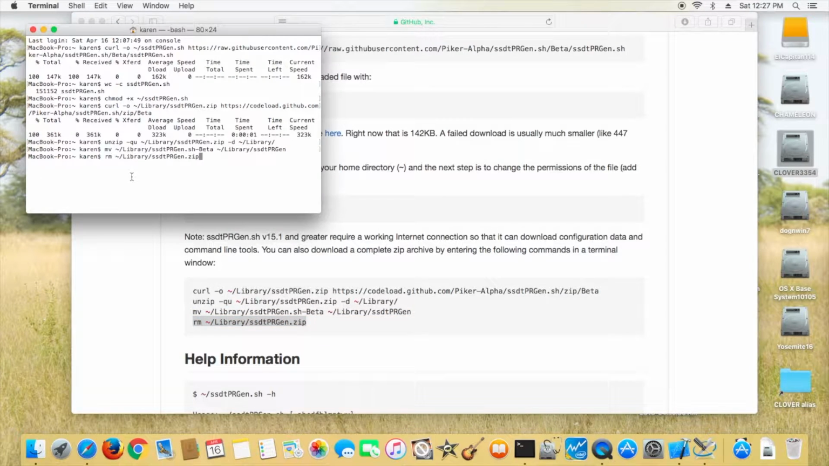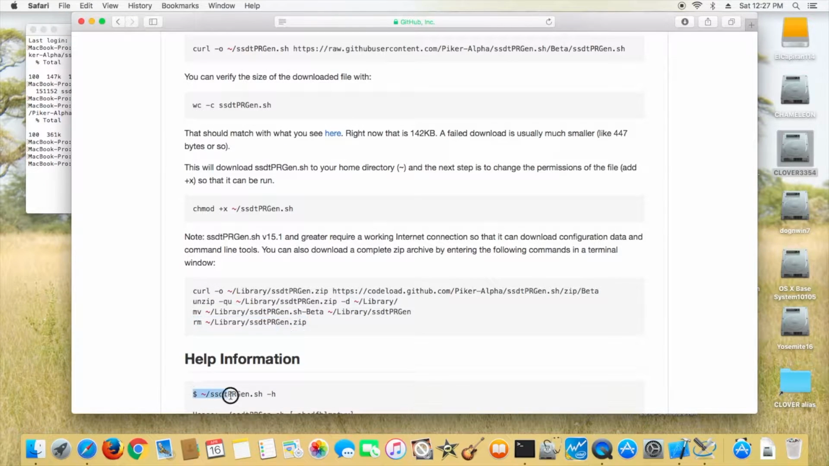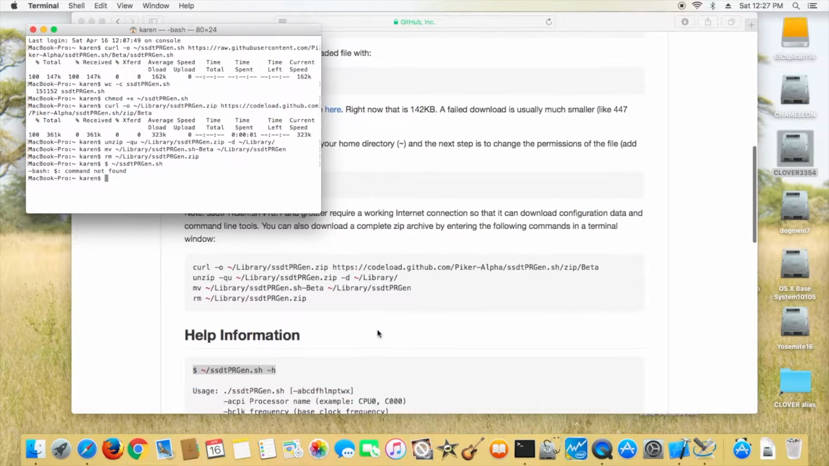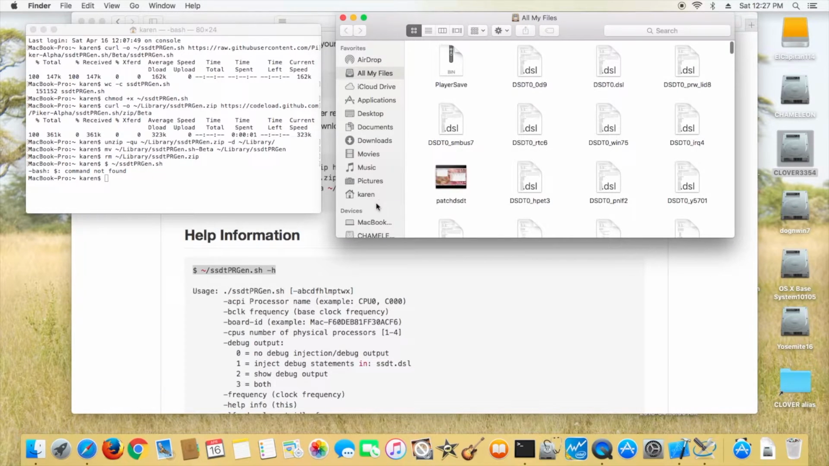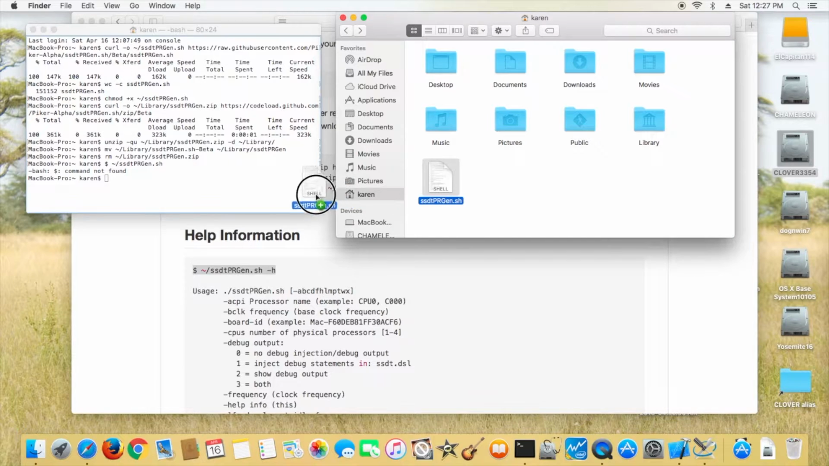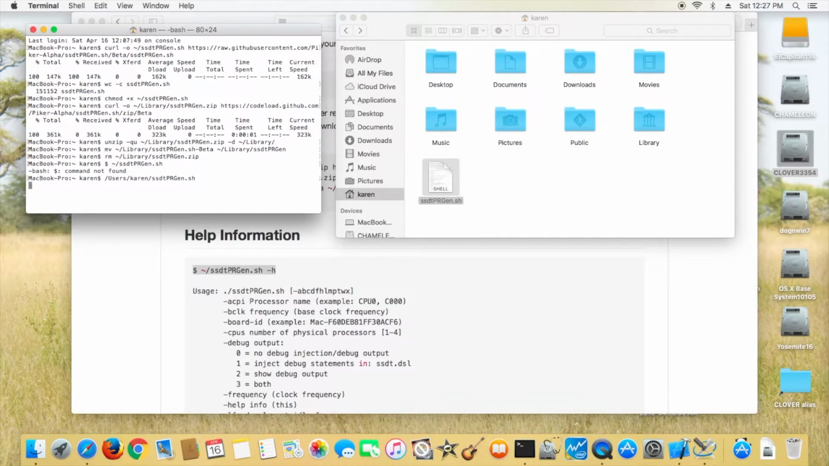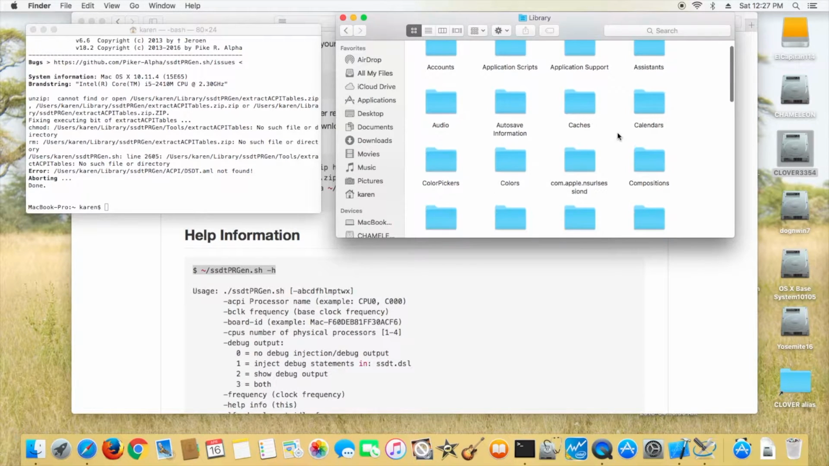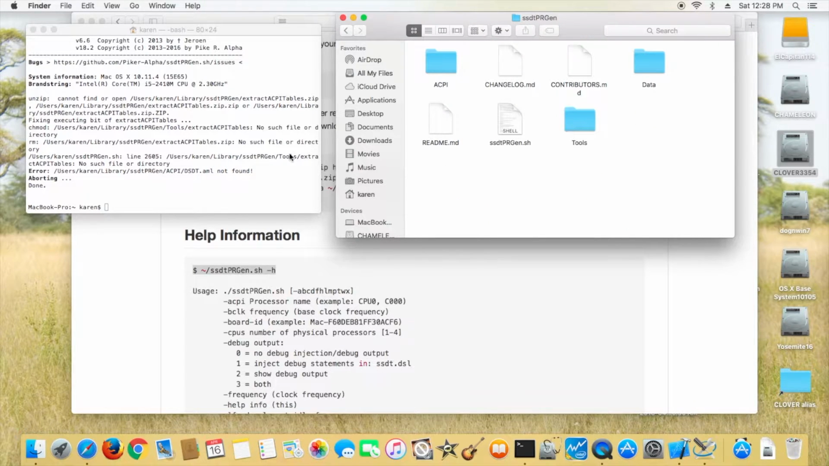You don't need to put any flag, just execute the PRGen.sh. And when it's done, what we need to do is place the ssdtPRGen.sh output into the EFI Clover patch folder